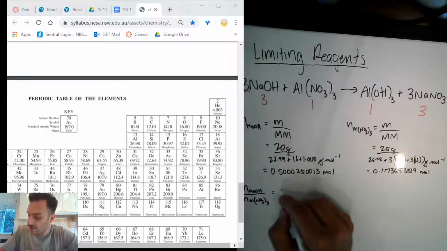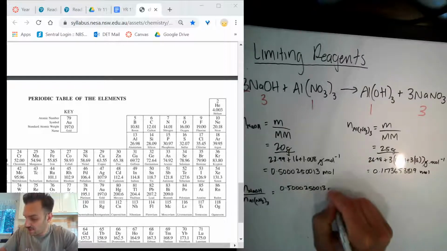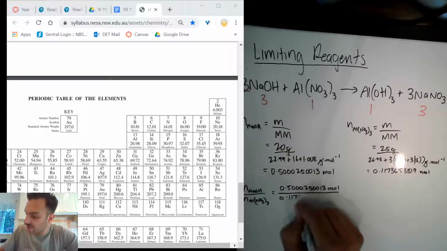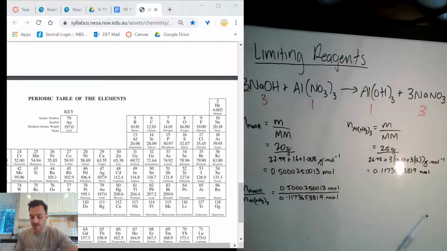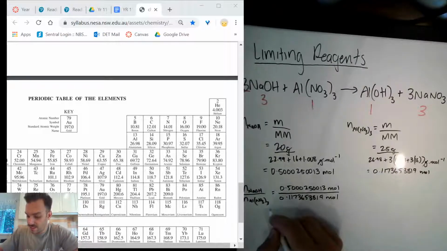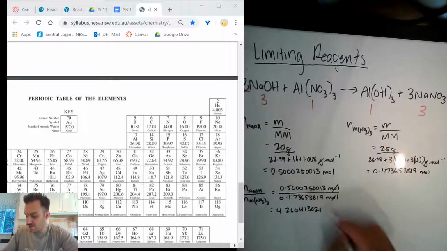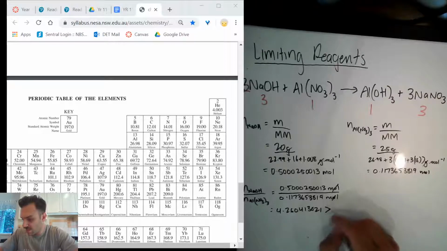Okay, so this is 0.500250013 moles divided by 0.1173653819 moles. Okay, I'm going to do that quickly on the calculator. And the answer we get is 4.2604130021. Notice that there's no units here. It's just a proportion. Now, we expected this to be 3, but it's actually bigger than 3, which tells me